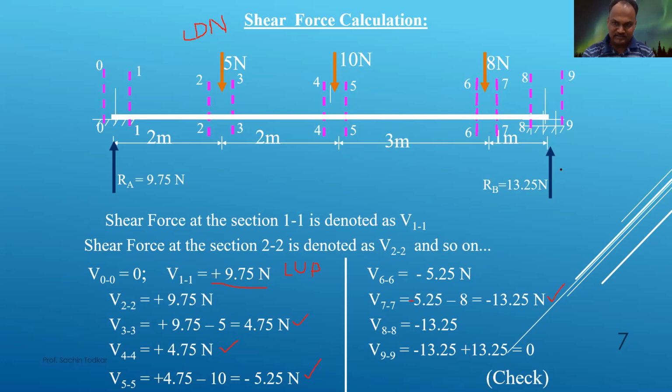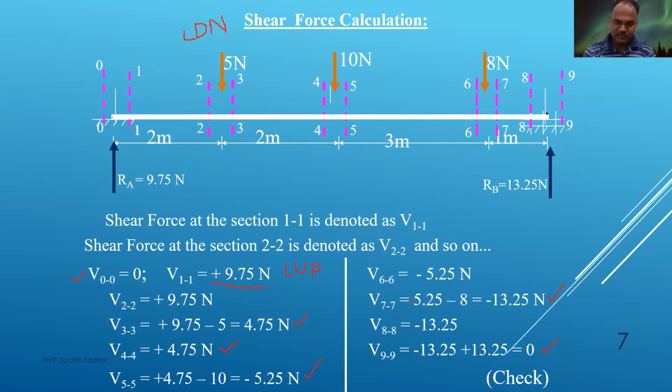And at section 9 you will get minus 13.25 plus 13.25, because this RB is upward positive, and it will become 0. When your first and last point becomes 0 in a simply supported beam, that is your check. You have to remember,